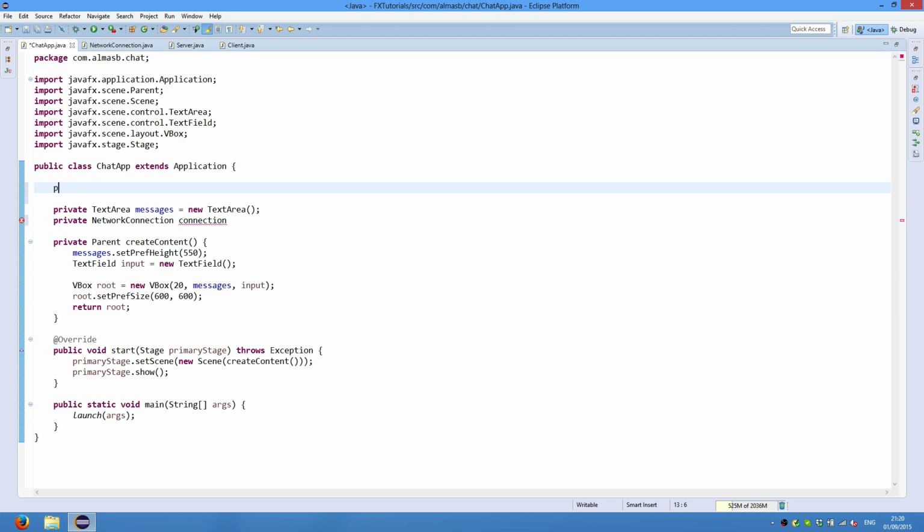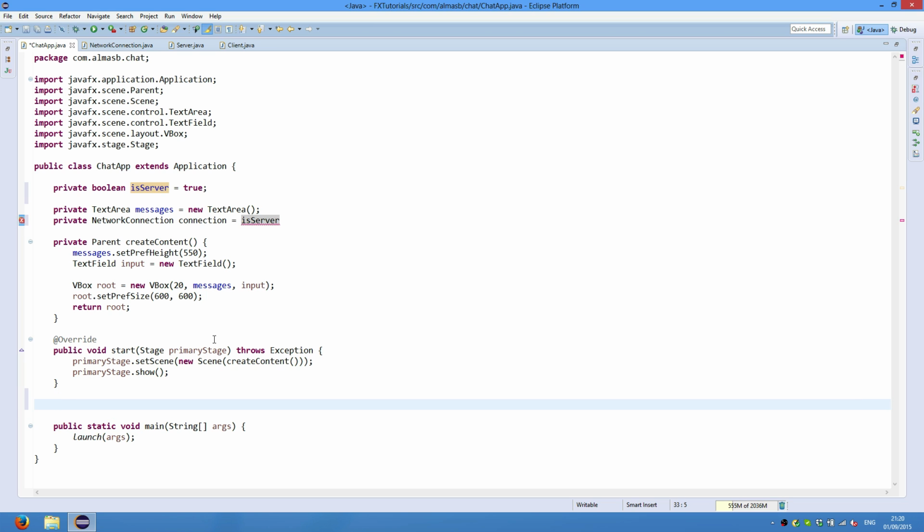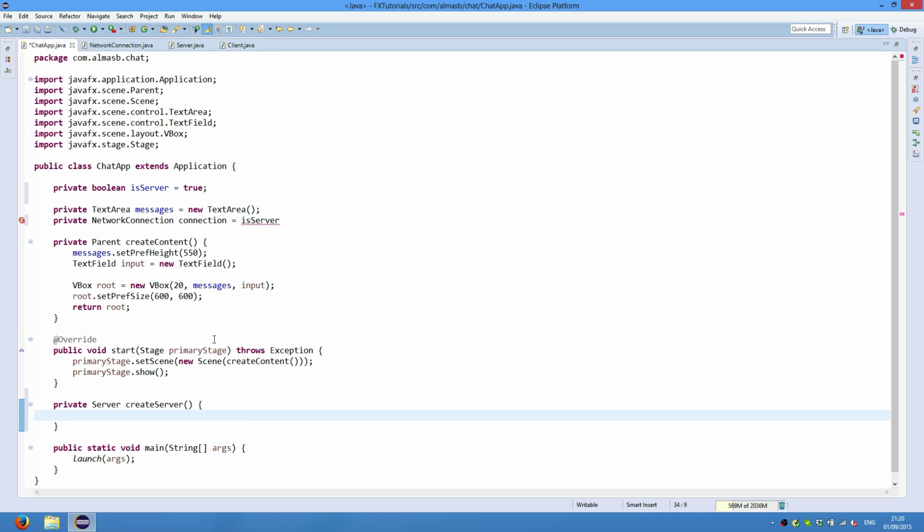And we can control the instantiation by just doing this is server, because we're using the same application. I'm just going to change this flag and then rerun the application on the same machine. So if it's is server, let's create a few methods that return. One returns server, create server, which is just going to return new server. IP is port